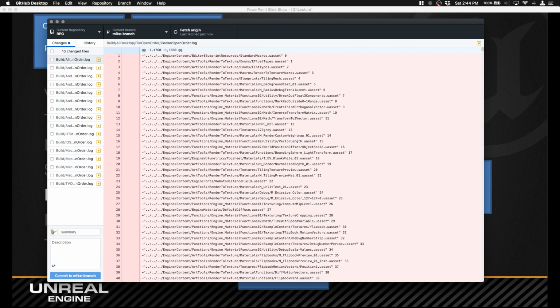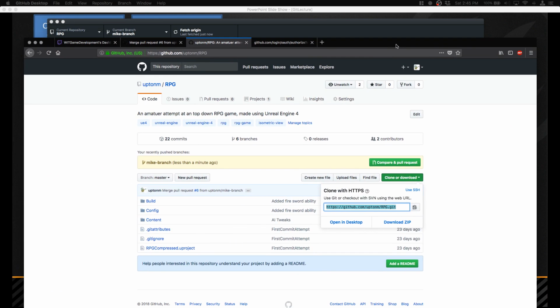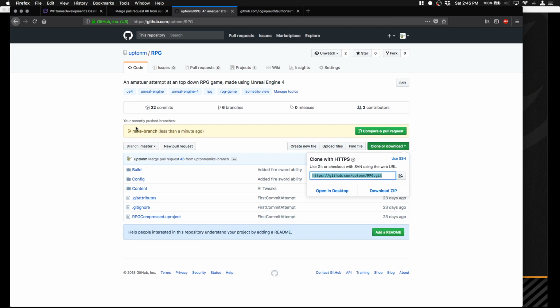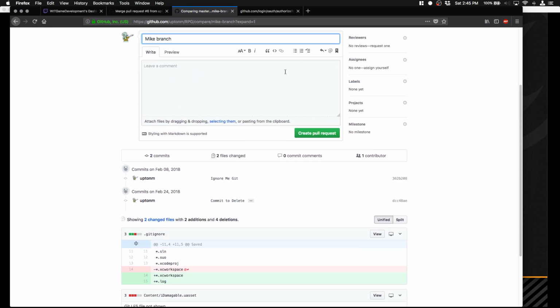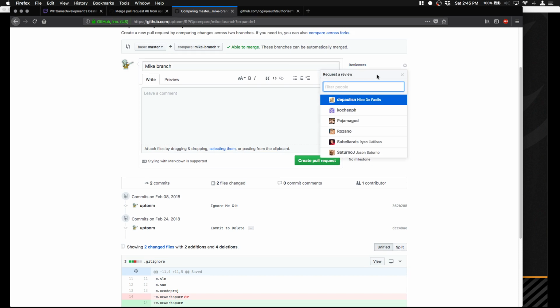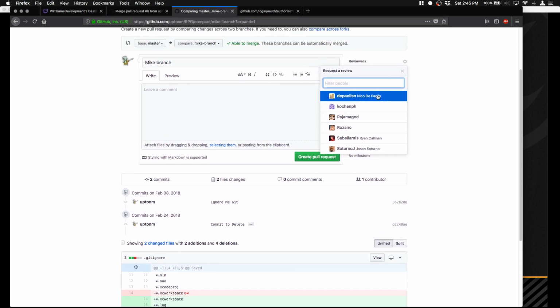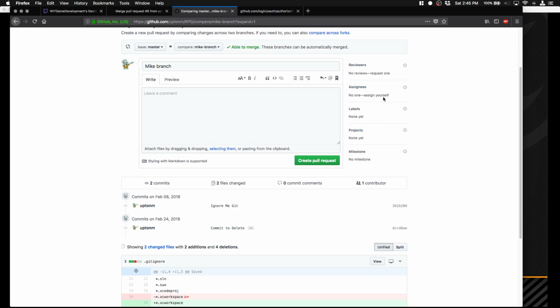When you push to origin, it's going to make sure your whole team can see the commit and that it's officially part of the project. And then when you go onto GitHub, it says right here, you recently pushed branches, Mike branch, less than a minute ago. This branch is not currently connected to the master. So it's saying, do you want to pull it to the master? This is where you would create a pull request and your teammates would review it. Here you can select any of your teammates and they have to review it and agree